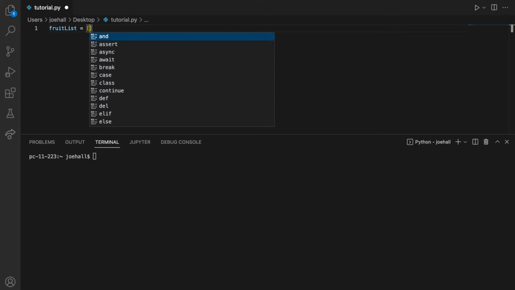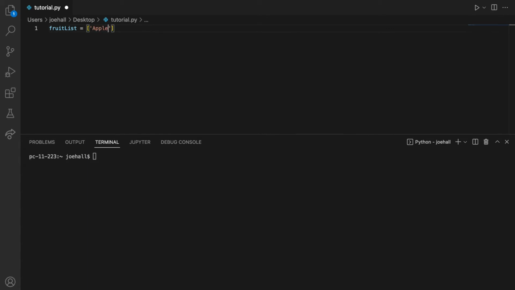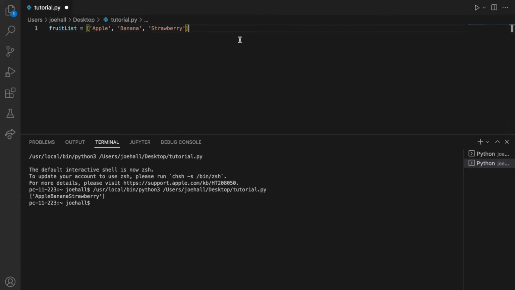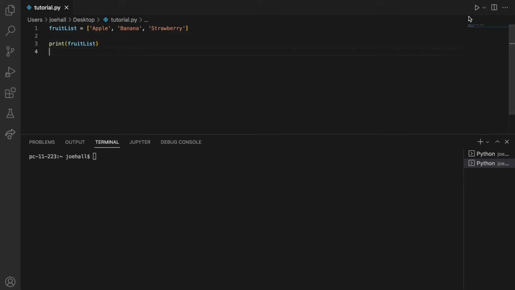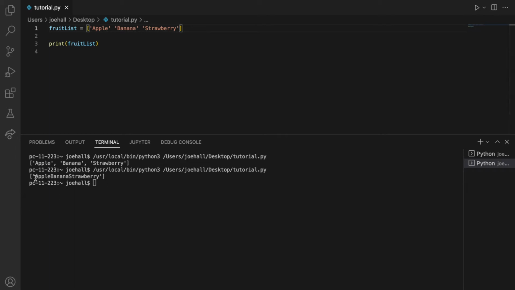Okay, so let's start adding some data. We'll add a few fruits to the list, so we'll do apple, banana, strawberries, and that should be enough for now. Okay, so let's print out this list and see what happens. So let's run that. There we go, we get each one individually. So notice how they're all spaced with commas. This is because if we remove them and then print it, we'll see what happens. There we go, it just adds them all together as one string,